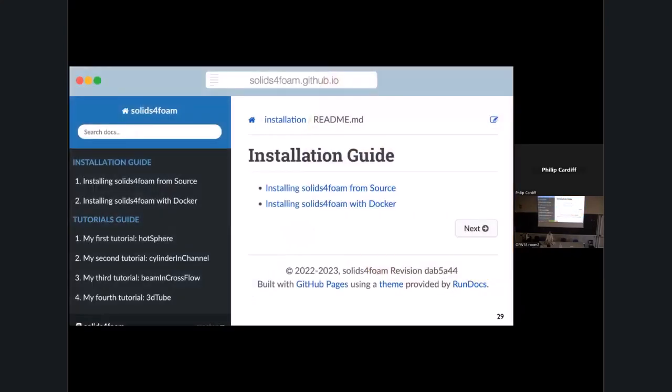Okay, so for the remainder of the talk, that's the background. I'm going to go through how to install solids4foam, and then I'll go through a few tutorials: a solids tutorial, a fluids one briefly, and then a couple of FSI ones, and then comment on some choices you have to make when running any of these test cases. So, installing